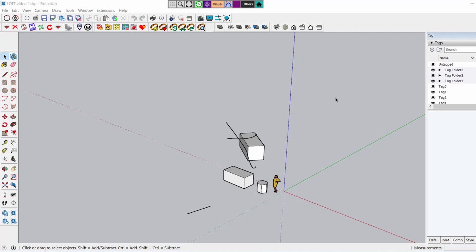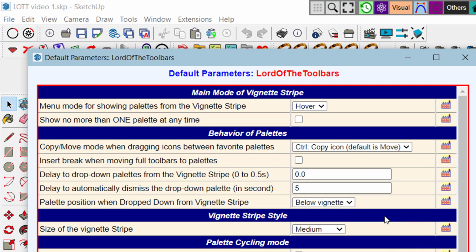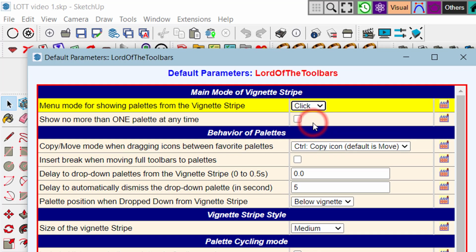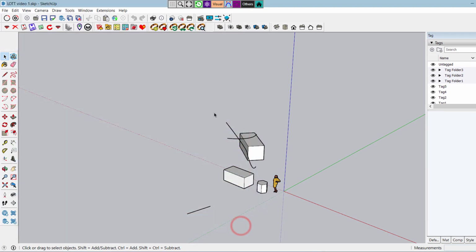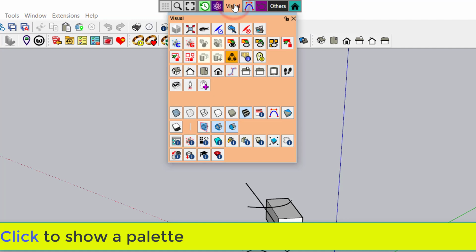As an alternative, you have a click mode in Lot of the Toolbars, which you can configure by going to the default parameters. This is the first option. So if you select the click mode, then nothing happens when you mouse over the vignette. You have to click to make it appear.